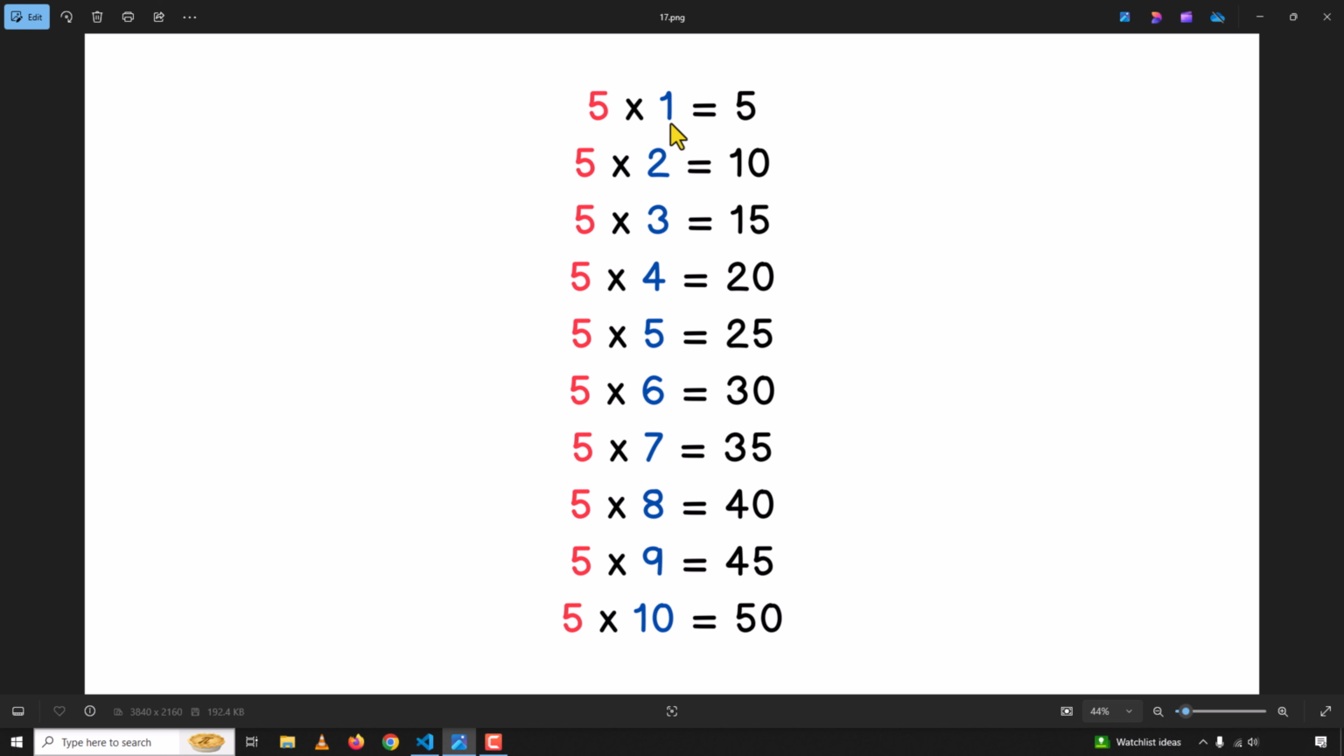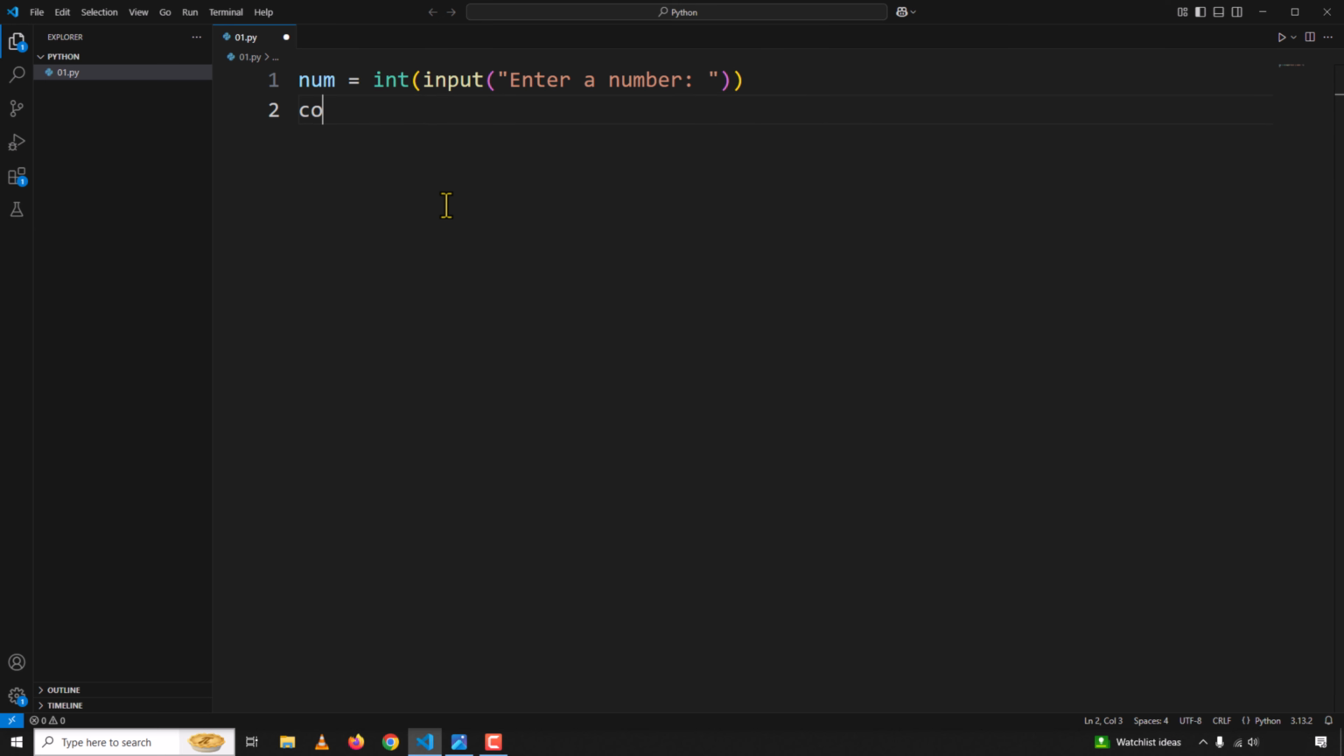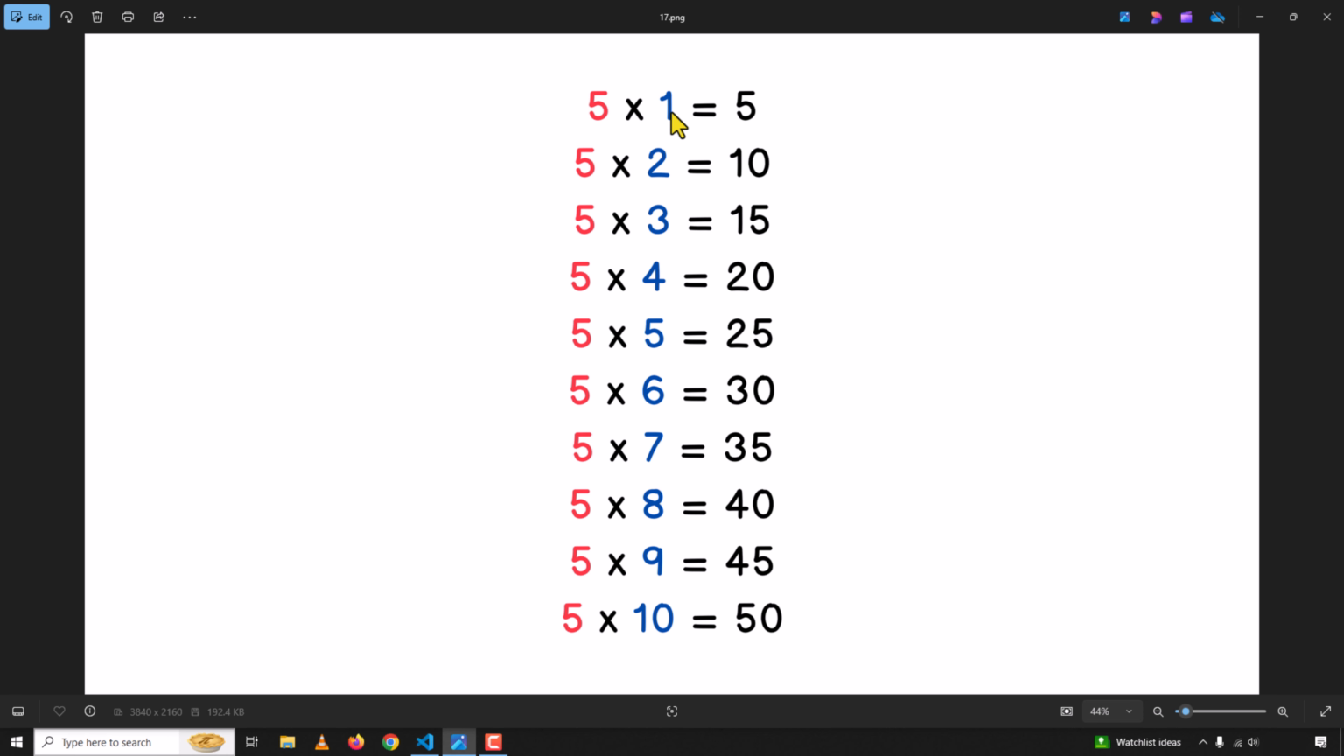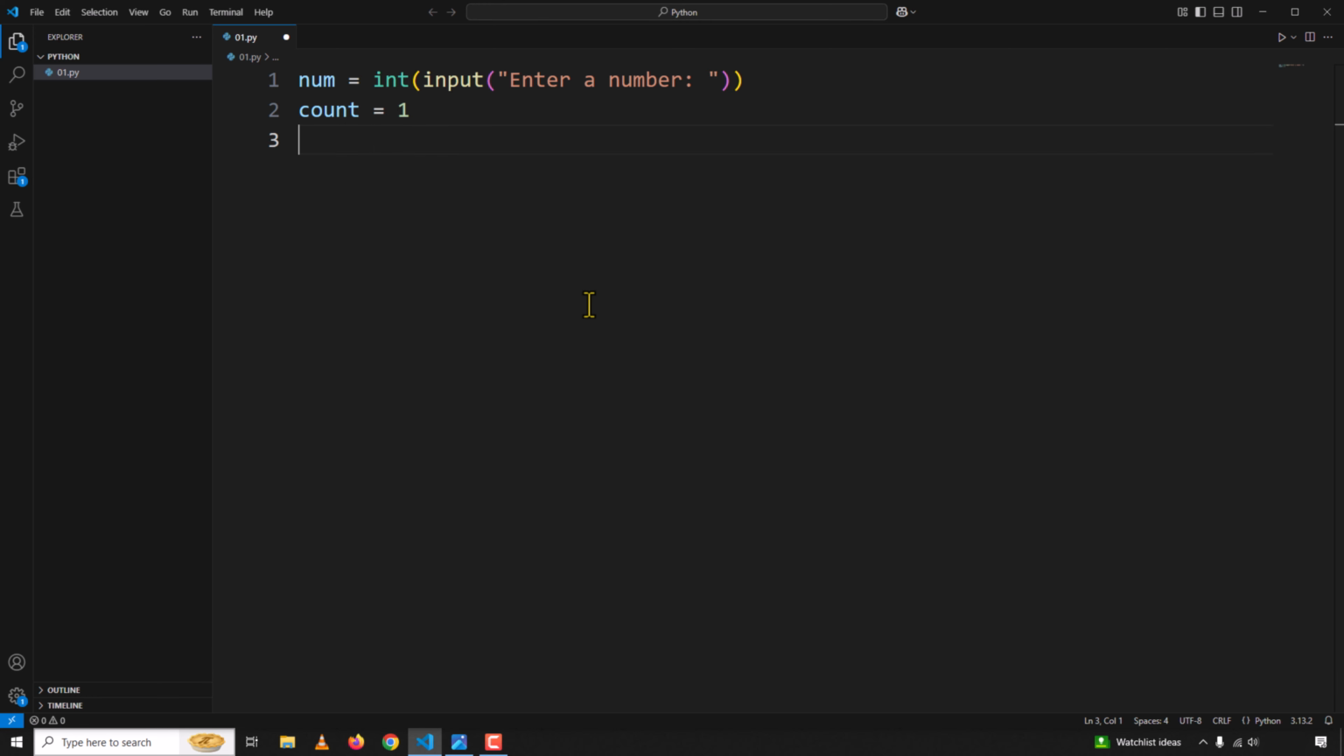So let us declare a variable and set the value to 1. So here I will say count is equal to 1. I am declaring a variable by the name count and I am setting the value to 1. Next, let me use a while loop. While count is less than or equal to 10,